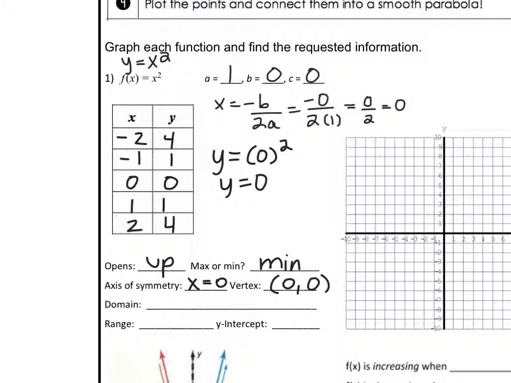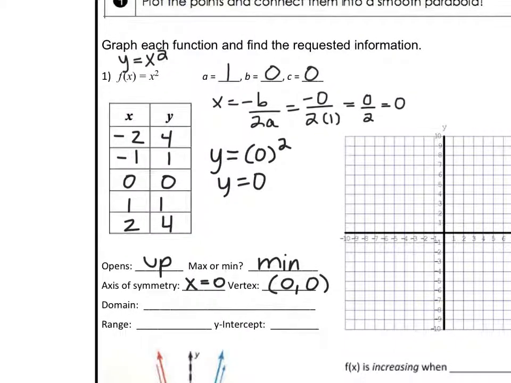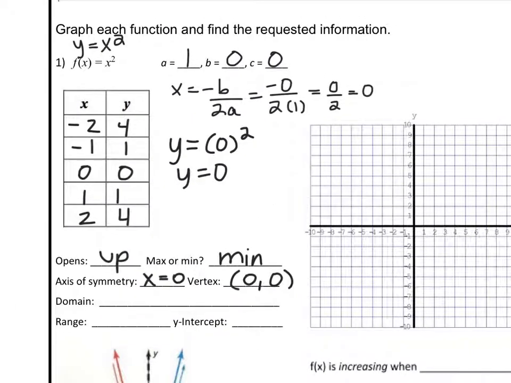We're going to graph 0, 0 right at the origin. You do have to graph, I expect to see 5 points from you, at least. If you want to graph more than that, that's great. But you can't just look at the graph screen and try to approximate what it looks like. I actually have to see points. You can double check your work with your graphing calculator, that's fine, but I need to see the points. And then -1, 1, it's right here, 2, 4, -1, 1,